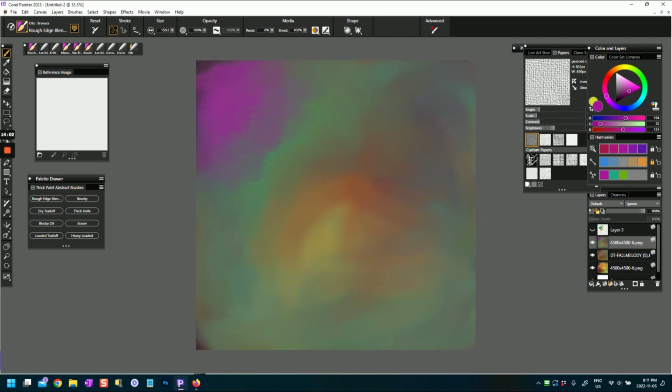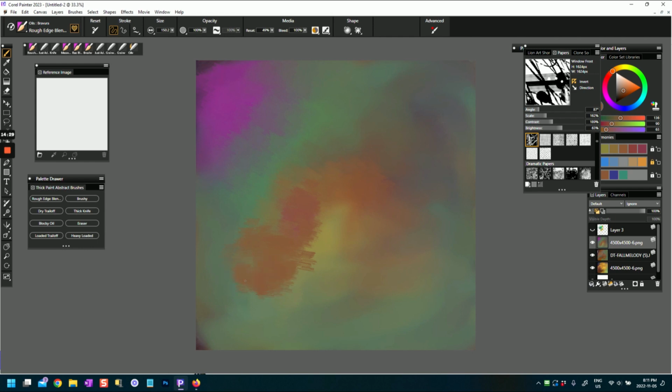Or you're not really stuck, you can experiment, but I like to kind of know which brushes will do this particular thing. So here I'm creating a little bit more toothy edge, and I'm using the rough edge blender, a reset of 0. If I increase the reset, I can add a little bit more color. I can even change my paper a little bit. Let's change that. I'm a bit tired of that one. Add a bit more definition. Turn the reset down to 0 again, and just blend